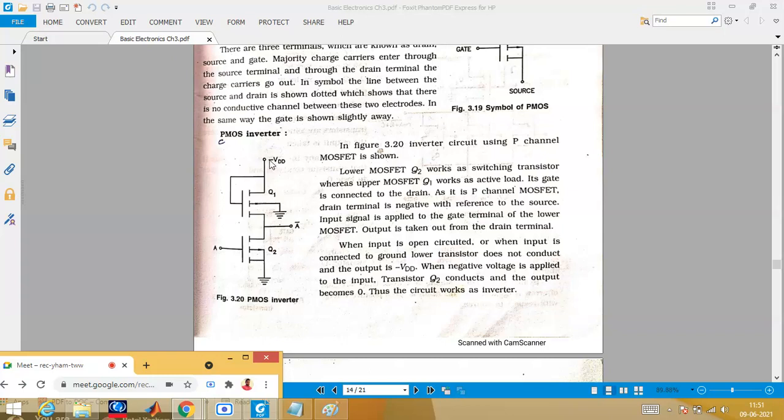Okay. So whenever you are connecting it to the ground, that means 0, you are making the transistor Q2 off. When Q2 is off, this VDD will flow here and it will come at A bar. So that means whenever you are connecting it to the ground, that means 0, you are getting the output to be 1. Is that point clear?